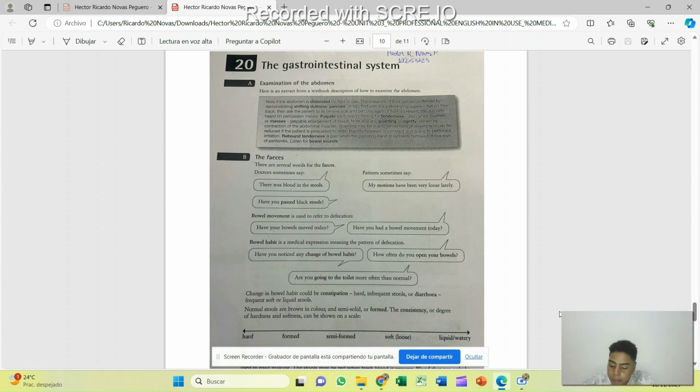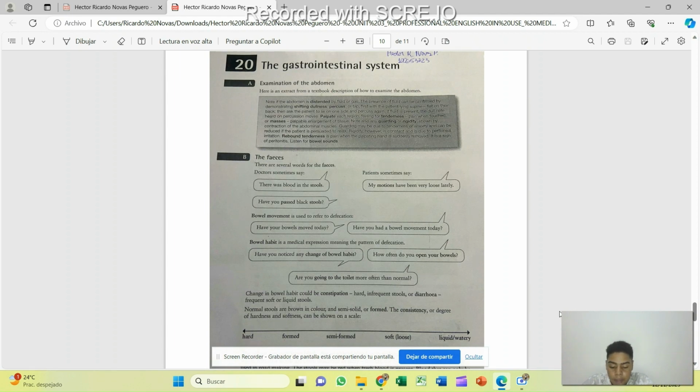Blood that can only be detected with a special test is called occult blood,